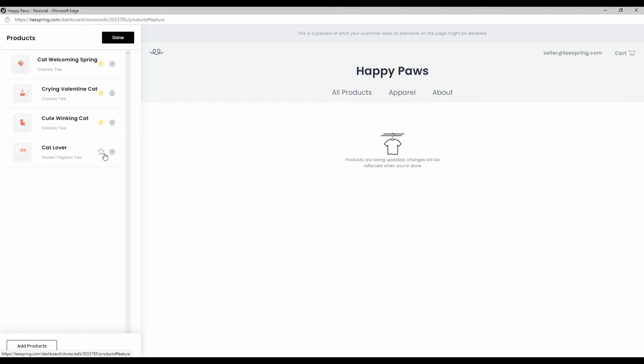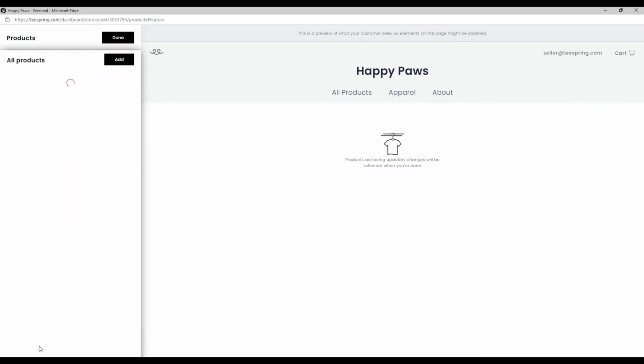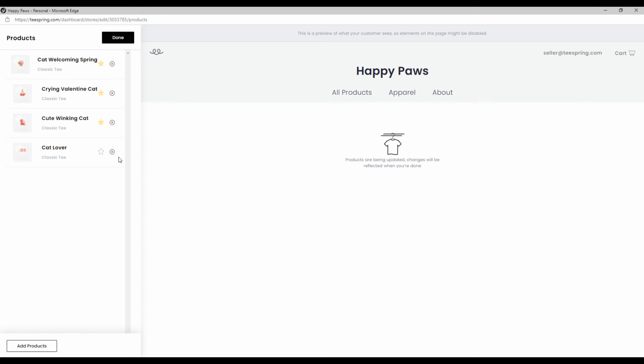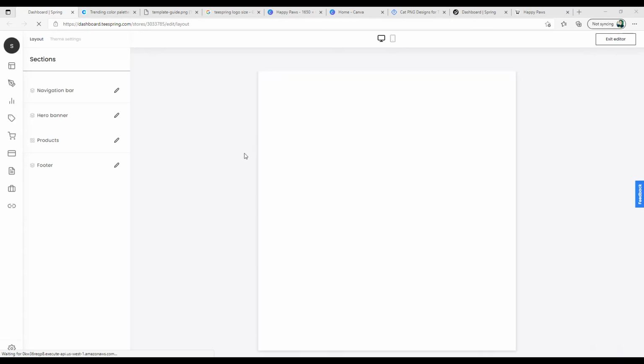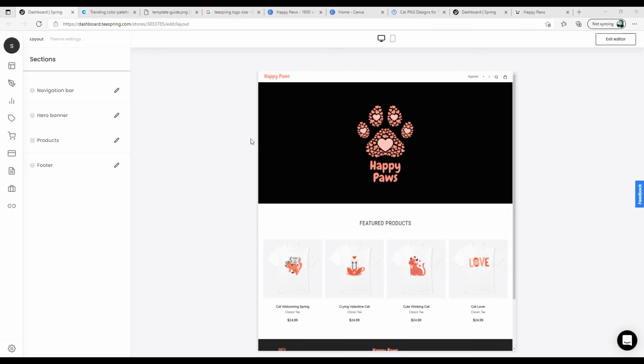If you want to remove the product from your store, just go ahead and click this button to remove it from your store. In case, let's say that you want to create a new product or add more products, then click add products, and from this space you'll be able to add more products which are currently available but you have not associated with this particular store. So in this case, it is taking some time to load all the products, but I have just 4 products and I have added all those 4 products in this particular section, so I don't have anything to add more. So once you're happy with what you have, then finally you can click done, and again we'll be taken to this particular area and you'll be able to see the latest changes reflecting on your Teespring store.